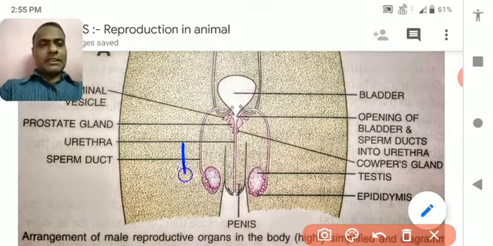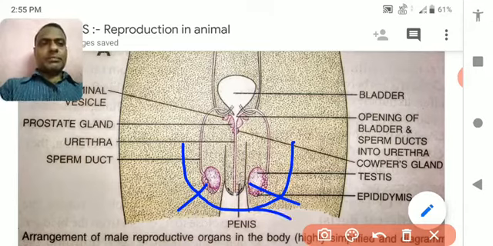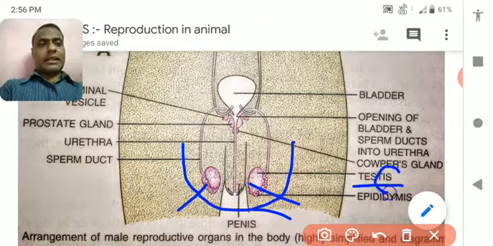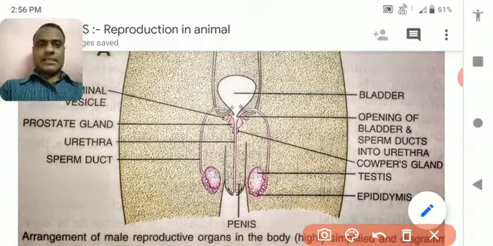See, this is a bag-like structure in which two testes are present. So a pair of testes, it is a scrotum. What is the spelling of testes? Point to be noted: if there is a single testis, then the spelling will be T-I-S. But in the case of a pair, meaning testes, it will be written as T-E-S. Remember, okay? So don't be confused.